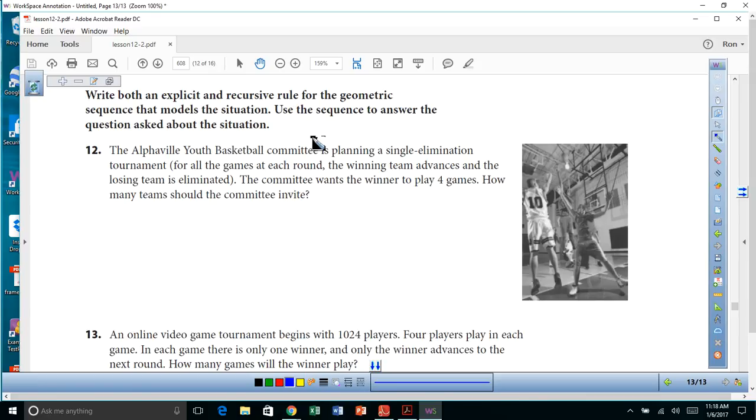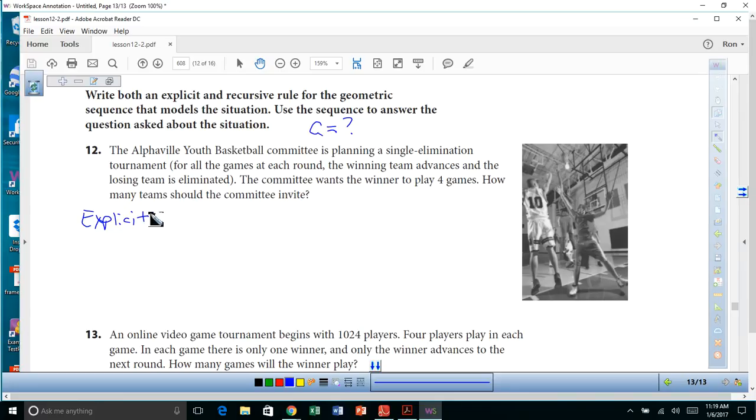Well, let's see. We need to know what A is. And we're trying to find out what the initial value is, right? That's what we're trying to find out. Okay, so the explicit rule,